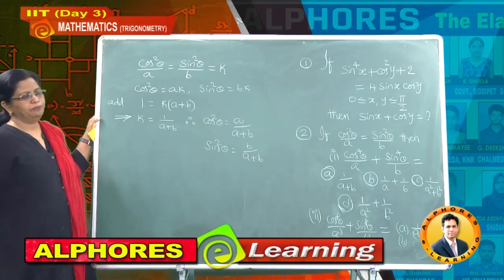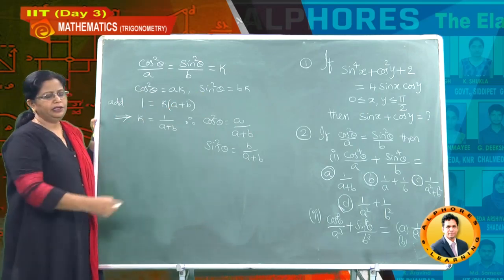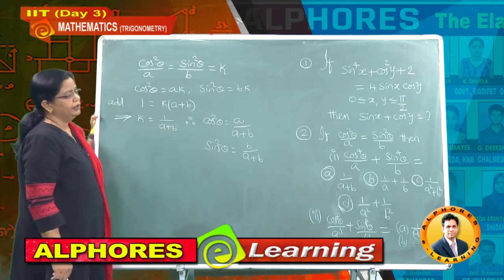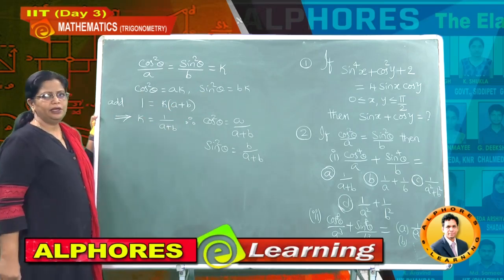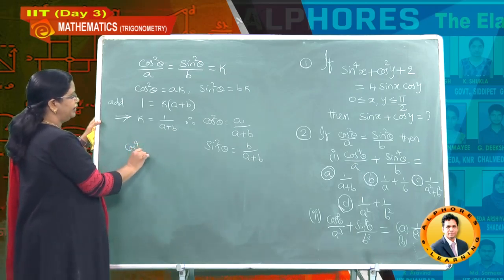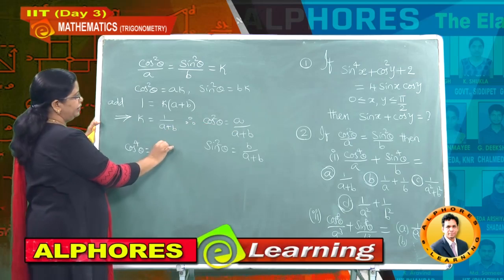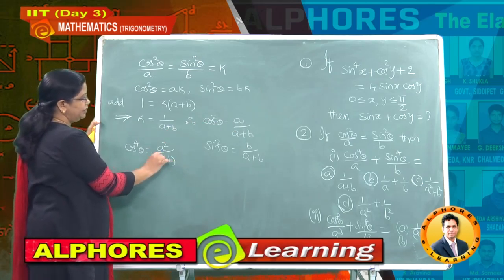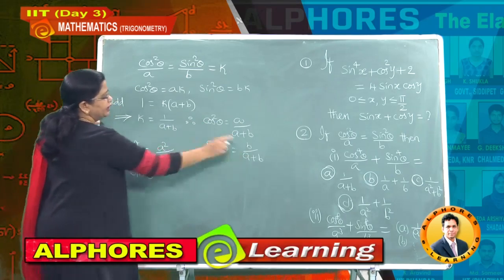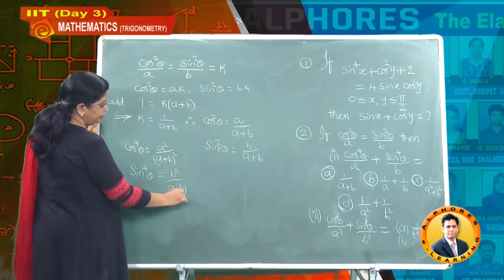Got the point till here? And now you observe, we got the cos square theta and sin square theta values in terms of the given values A and B. Then let us start with the first question, that is cos power 4 theta by A plus sin power 4 theta by B. Now what is cos to the power of 4 theta? That means you need to square this equation. Then you can obtain A square divided by A plus B whole square. And next sin to the power of 4 theta, I am squaring both the sides. Then this is equal to B square divided by A plus B whole square.